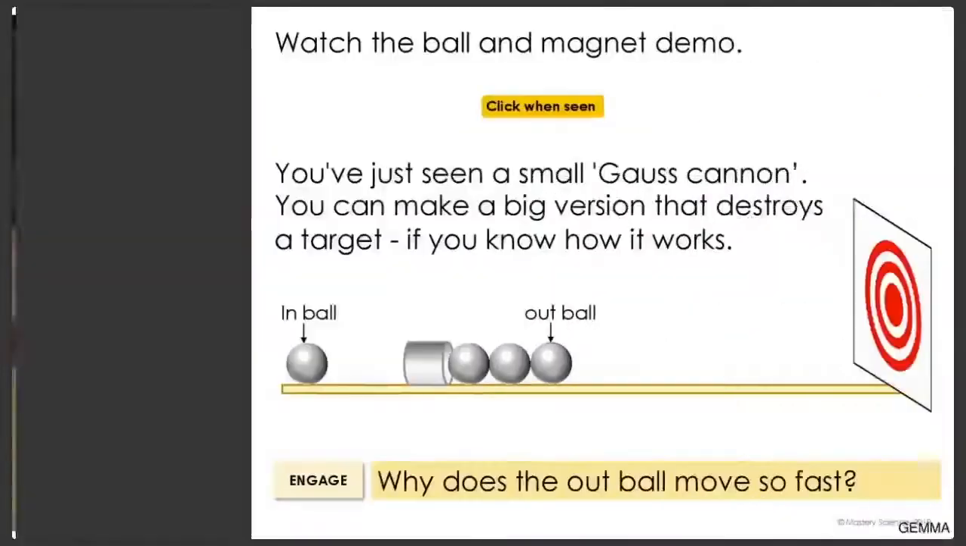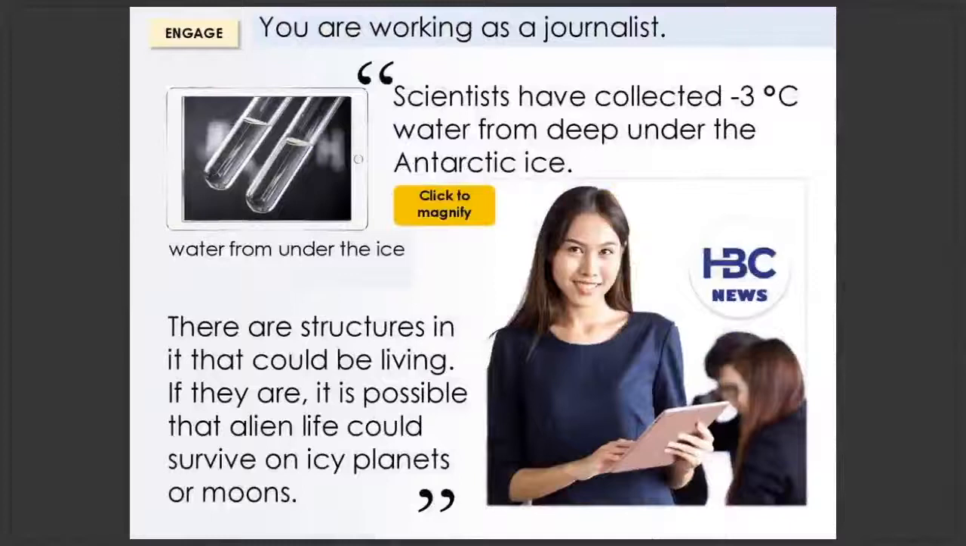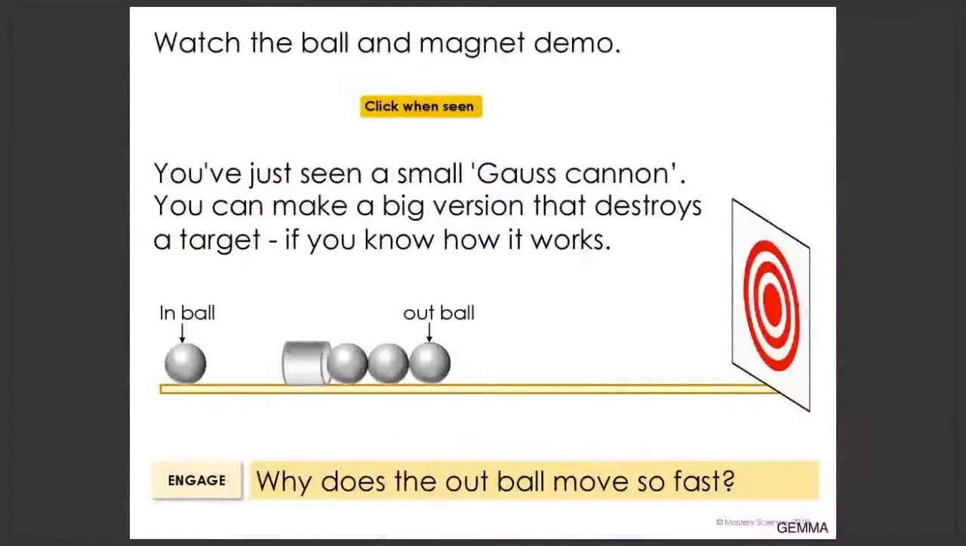Okay, so this is what you would show the students at the start of the lesson. You would do the demonstration, and there's the engage question: why does the ball move so fast? And what they will do is some acquire activities to gain that knowledge, and in order to answer that question, they will return to it at the end, being able to answer it. So they go from not having a clue about what's happening to actually being able to answer what's happening in